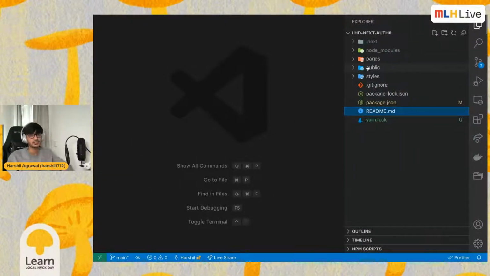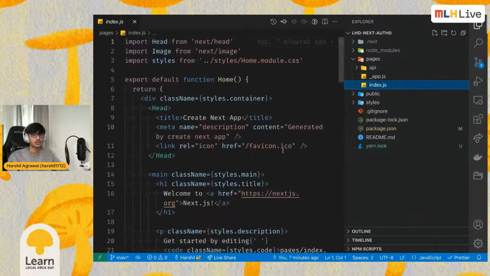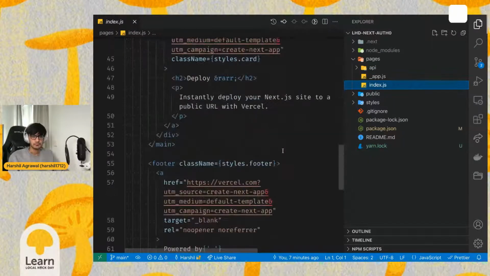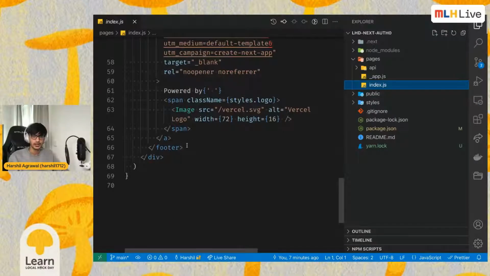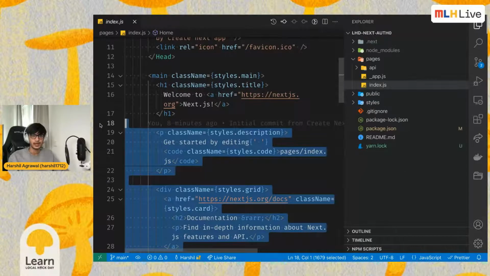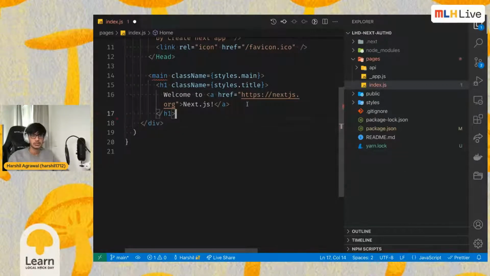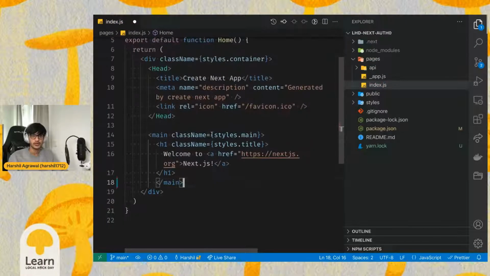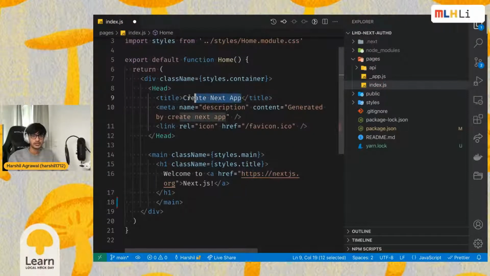Again, remember, index.js was the first page, was the default page. So whenever we go to our domain, the index.js page is going to get loaded. So let's delete everything in here. Maybe have the h1. Let's do the main tag as well. My VS Code is giving me an error. All right. So let's just say